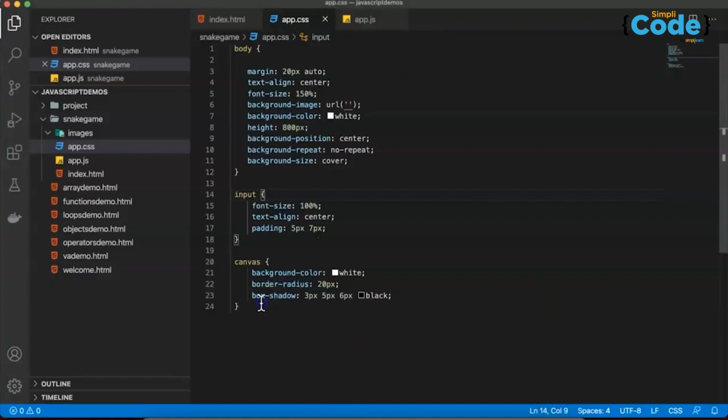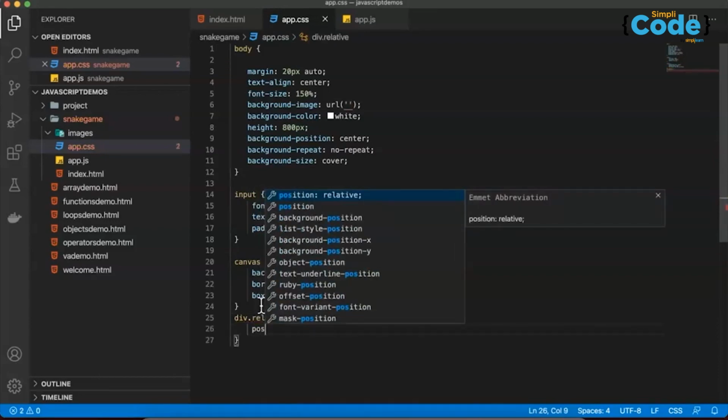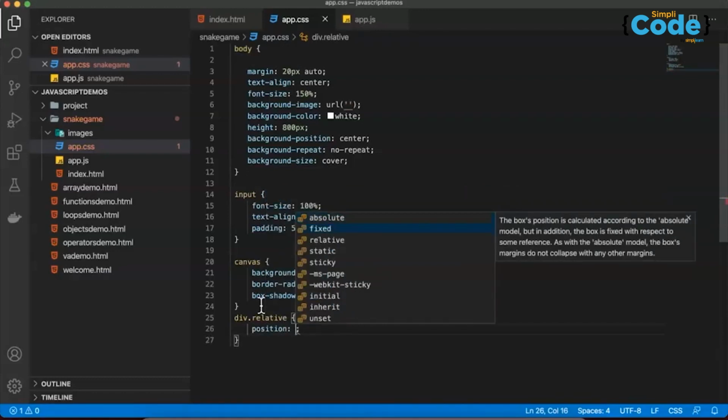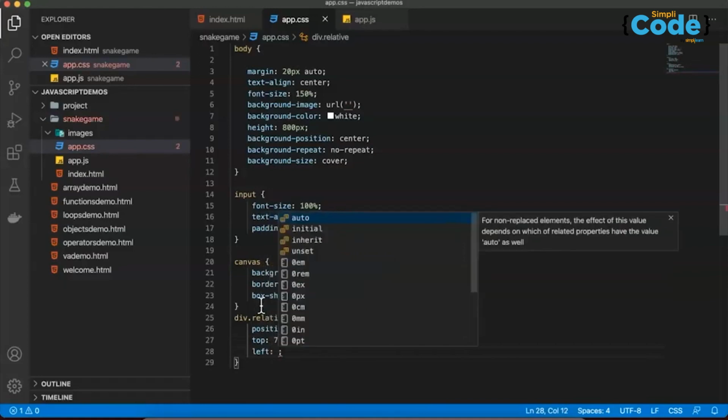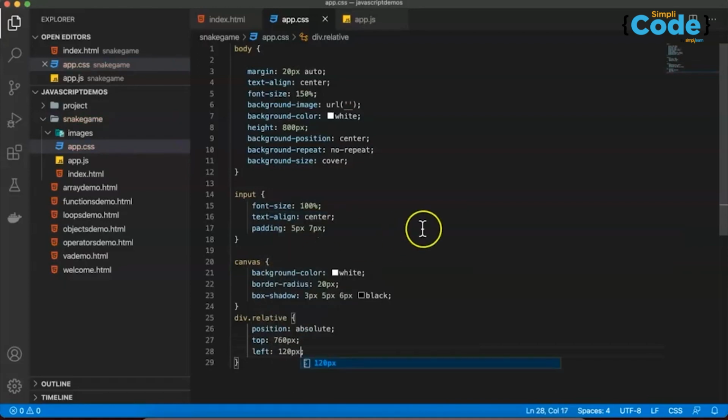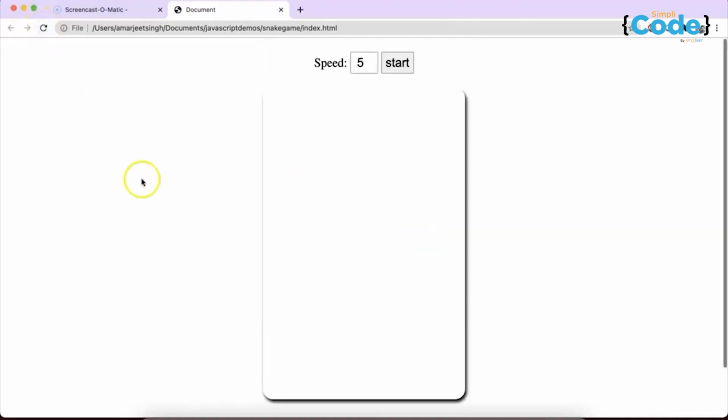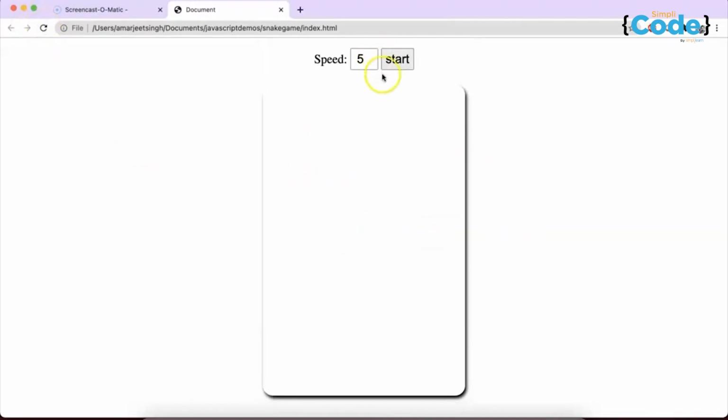And for this div, I can say div dot relative, position absolute, top, here I'm using 760 pixels. Left 120 pixels. That's it. So this is where exactly I program. Now when I say start,